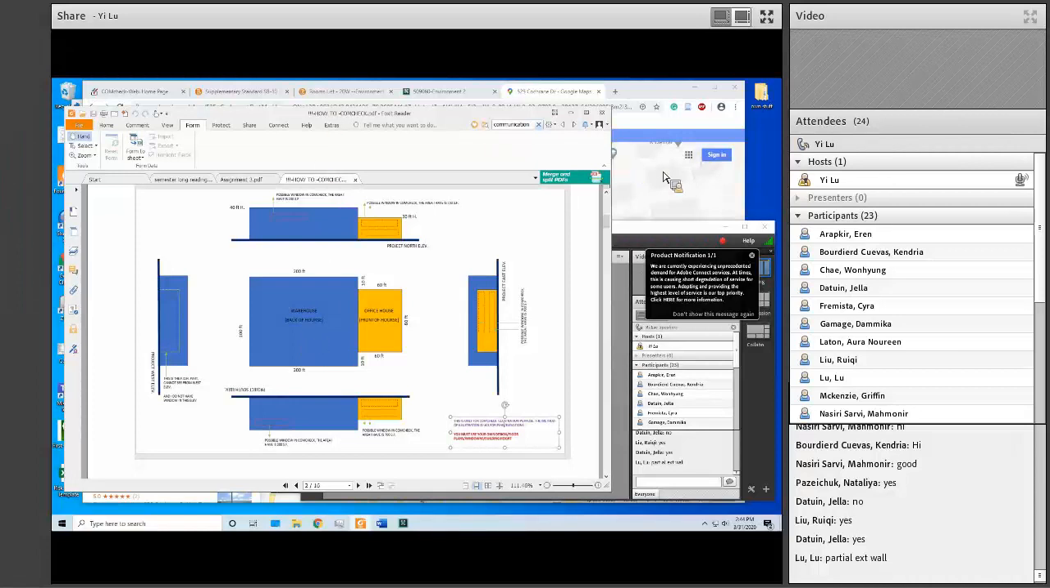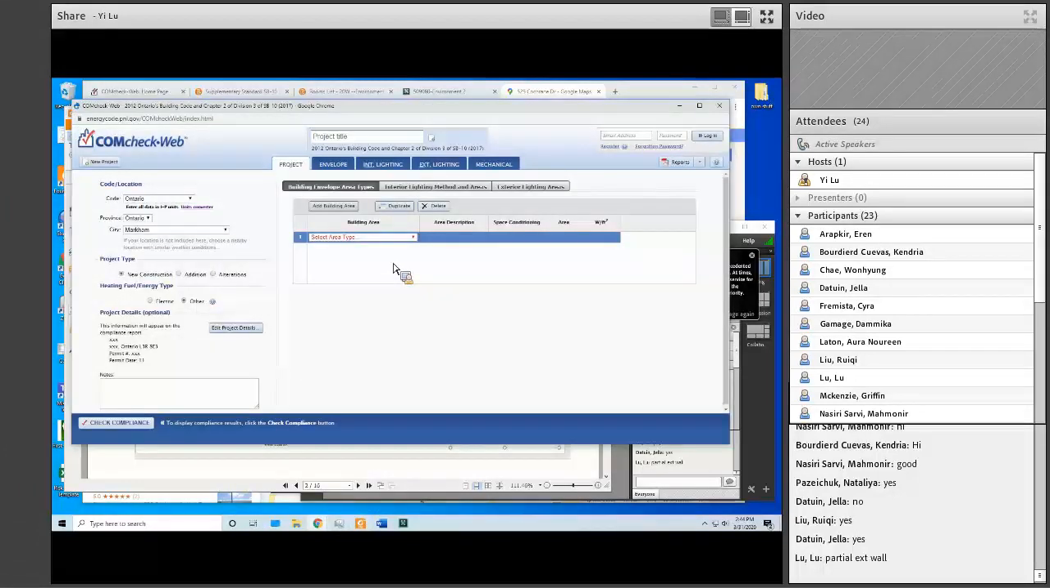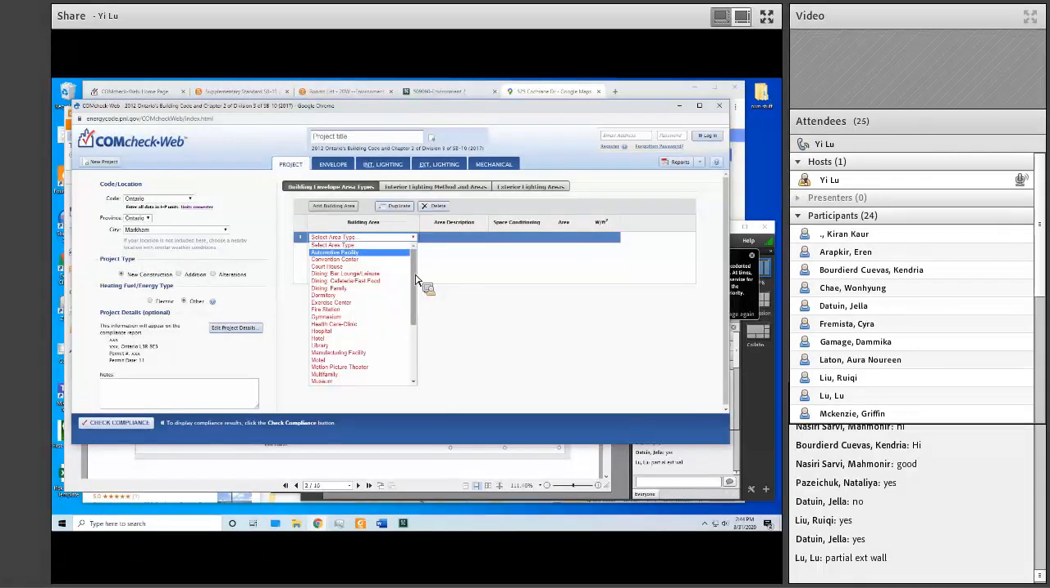Okay, now we go back to the COMCHECK. So make sure you understand this concept. Now I'm here. First of all, I need to choose the area type. Now my back of the house, because you have two types of area, right? One is a warehouse, or in your case maybe storage or car dealership, and another one is the office at the front, right? So first of all I find the back of the house. Let me see, warehouse,